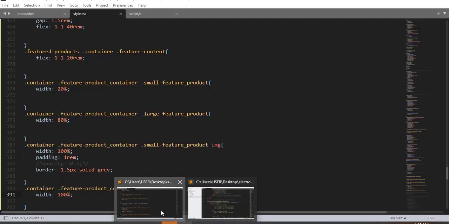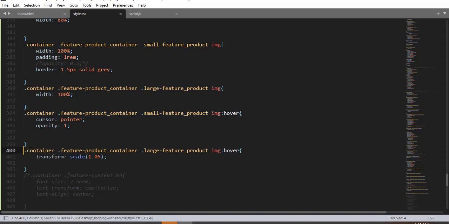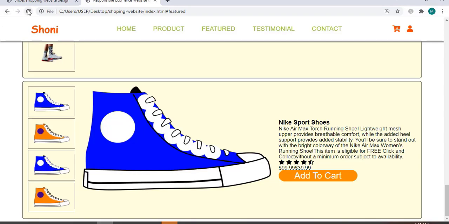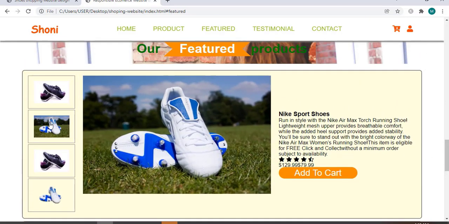Now let me style this image. So it's better to add a hover effect over this small feature product and a large feature product using a pseudo class selector hover, right? So for the small feature product, cursor pointer, and opacity 1. Increase the opacity from 0.5 to 1 when we hover the mouse over this image. So for large product, we are going to scale it up, right? So here we have, right? Here is